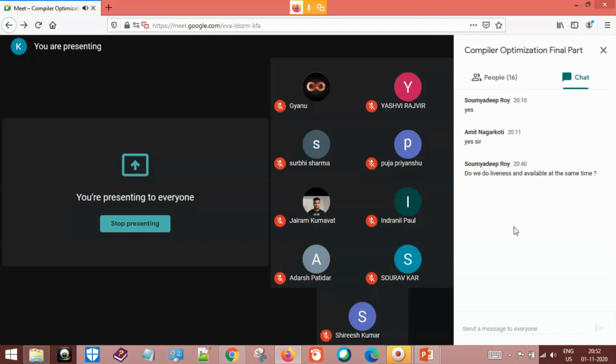These are the two analyses that we have seen so far, liveness and available expression analysis. There are many others, like live pointer analysis and null pointer analysis. This null pointer analysis was my project in ISC. We were checking in the complete program, after every instruction, what the set of null pointers was.